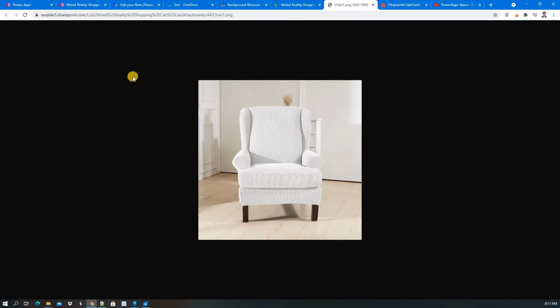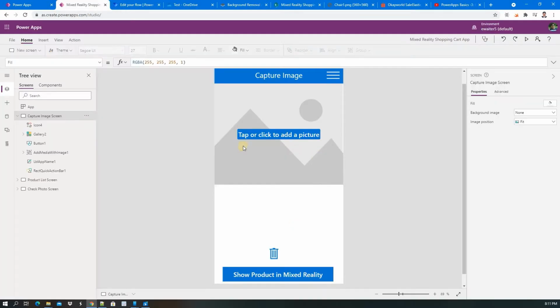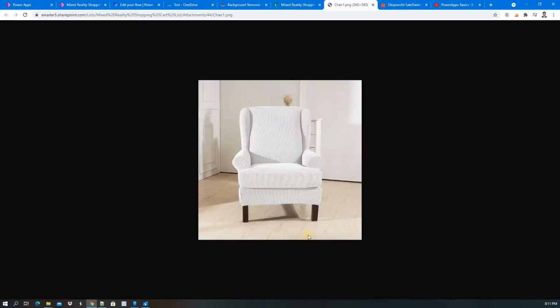But if you upload the image through the mixed reality app that I have developed, the background is cleared. I just take that product, so I have removed the background with a workaround. That workaround we will discuss today.